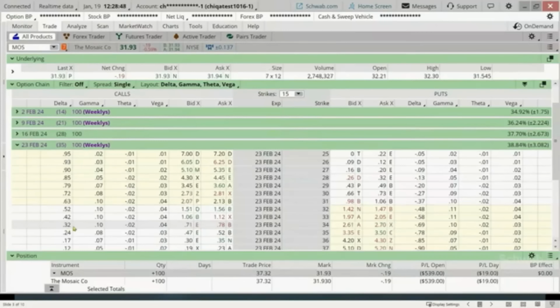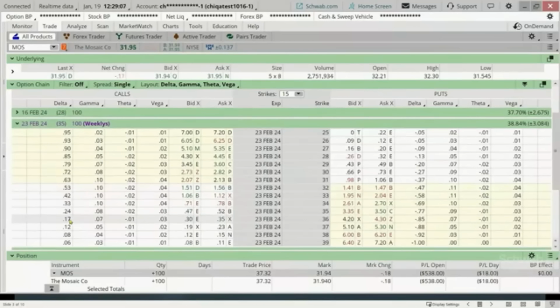The delta of 32 implies that there's roughly a 32% chance of this option going in the money at expiration. Well, we don't want it to go in the money at expiration, so we kind of like the lower delta. Now, we can go to a lower delta, but generally you don't get very great premiums if you go to that lower delta. So I'm looking typically for like a 30 to 35-ish delta.